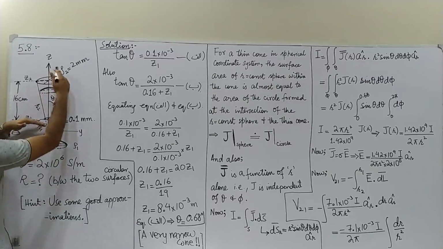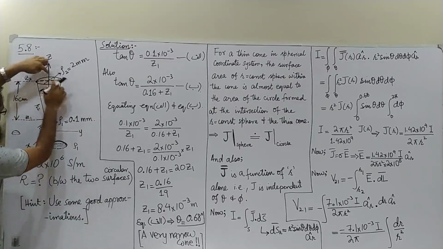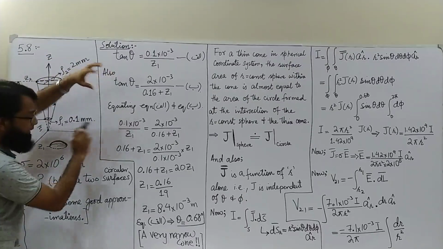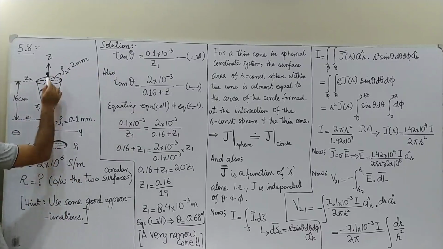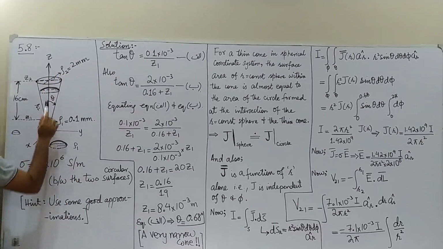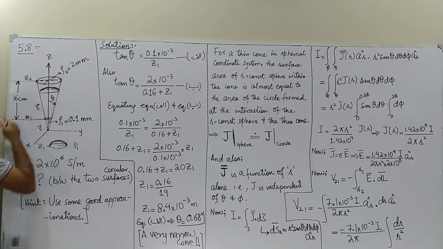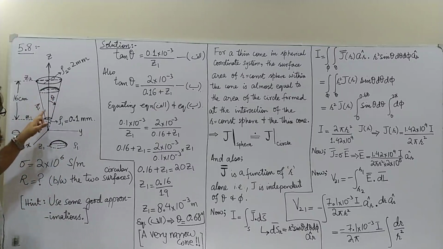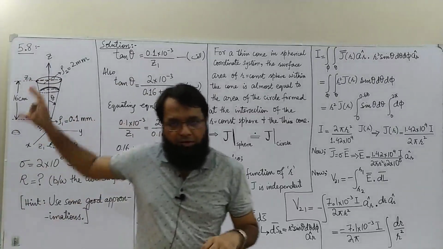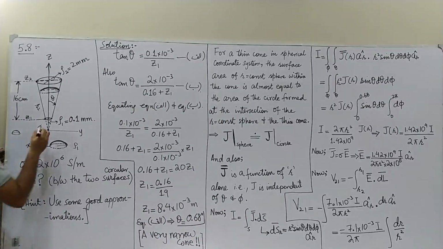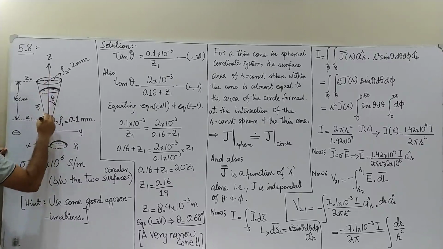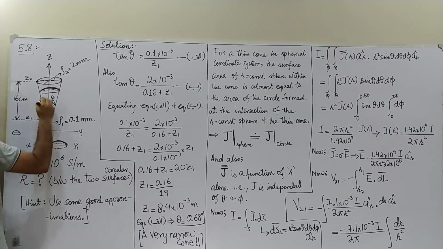So definitely, if I would give you a cone of this shape and ask you to find the resistance, you would apply some potential difference across it, maybe plus terminal on this circular face and minus terminal on this circular face, and you would try to calculate the current flowing through this cone, and you will take the ratio of the applied potential and the resultant current, and you will get the resistance.